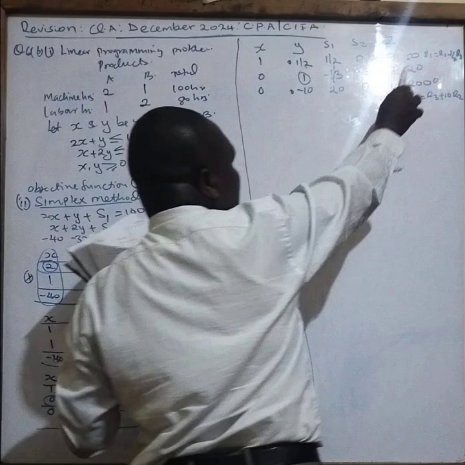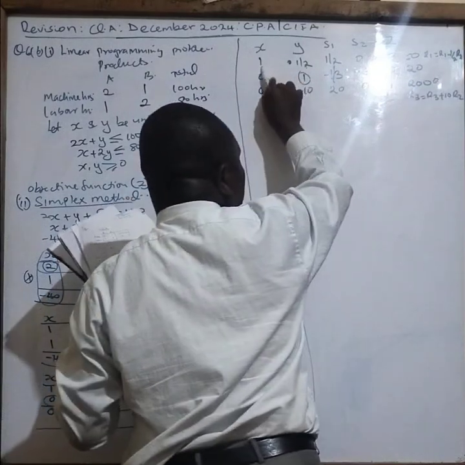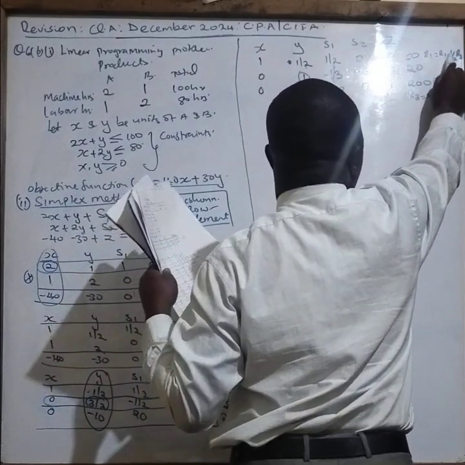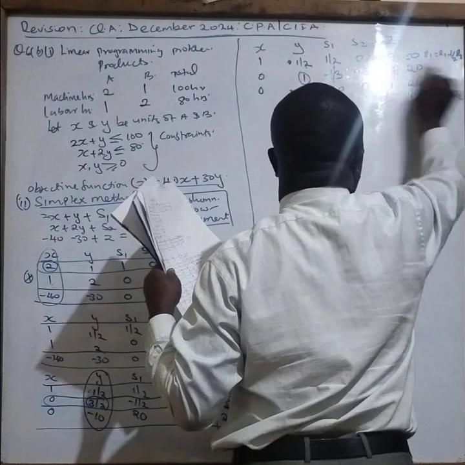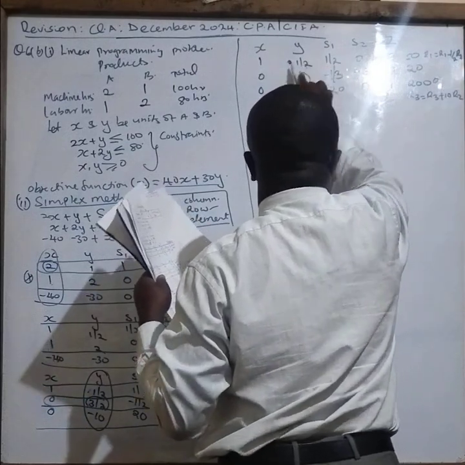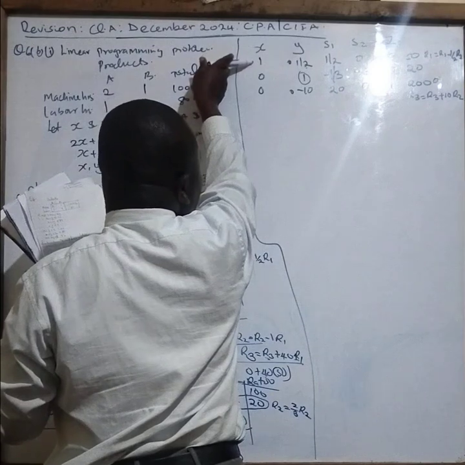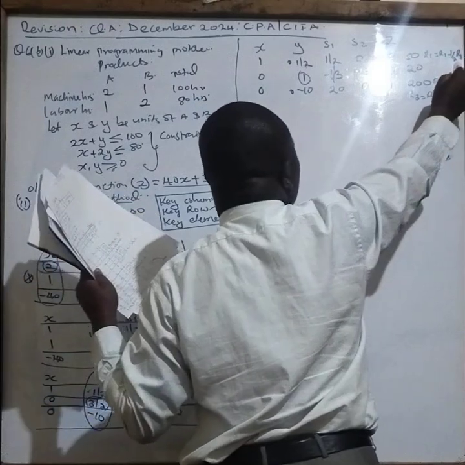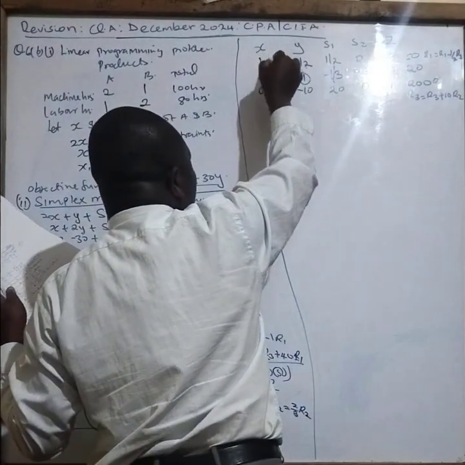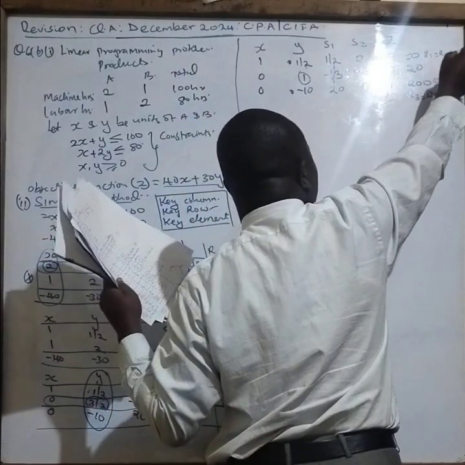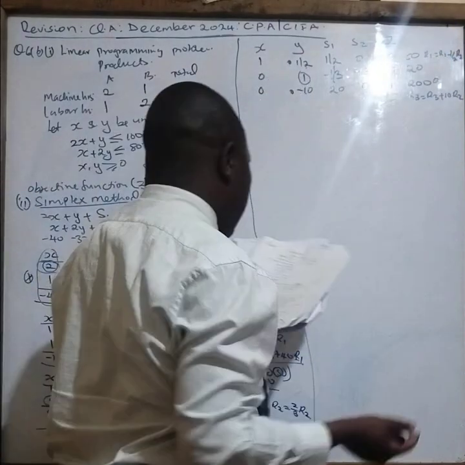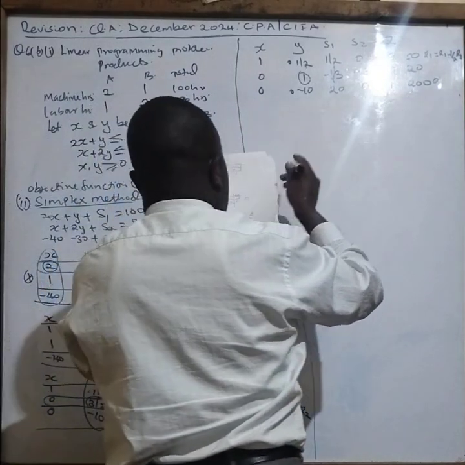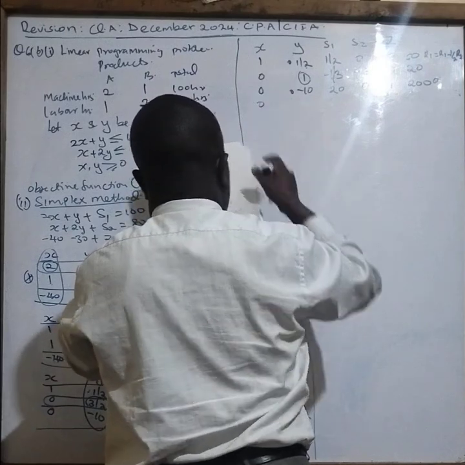These are your answers. R1 is 1, minus 1 minus a half times R2, which means you are working on this one to be 0. But you begin from, because we have other elements here now, to be 1 minus a half R2, which is this one. So 1 minus a half times 0 is 1. So when you multiply now, your answers you get as follows. You will get here 0,